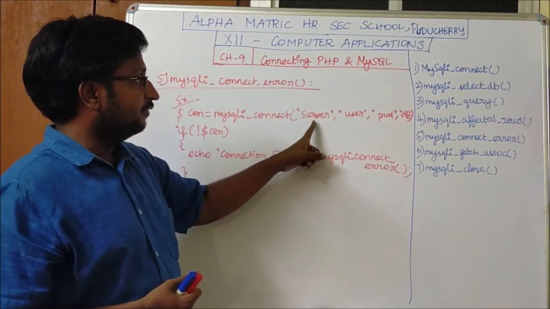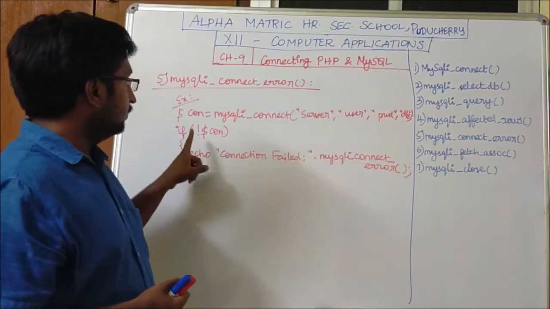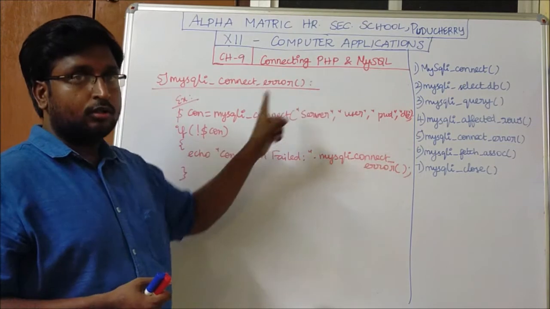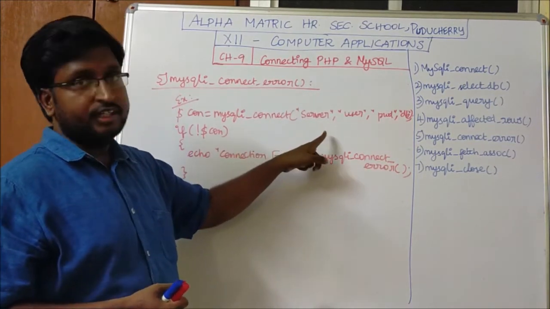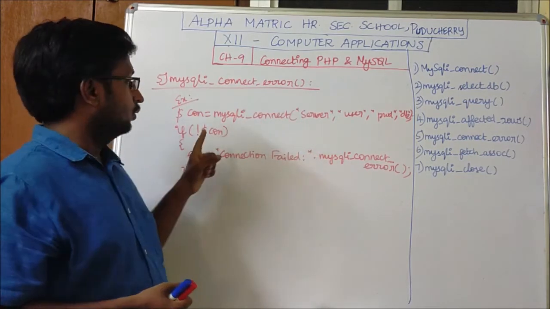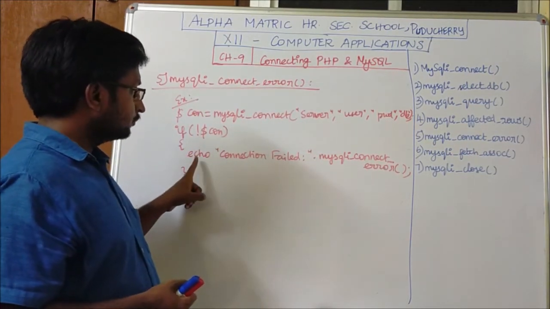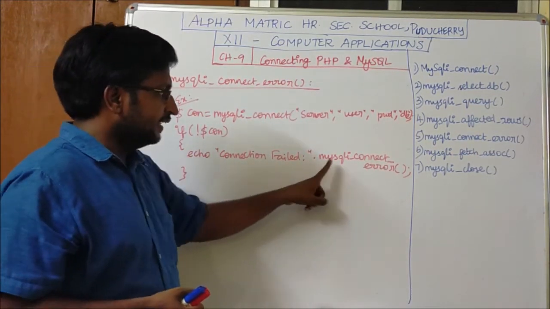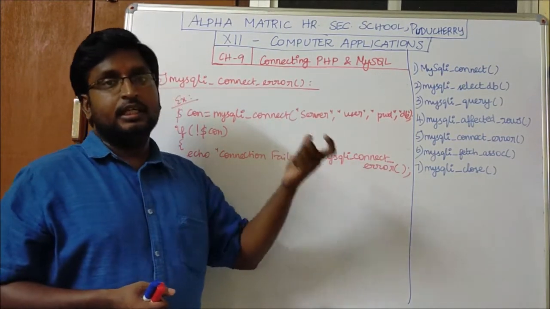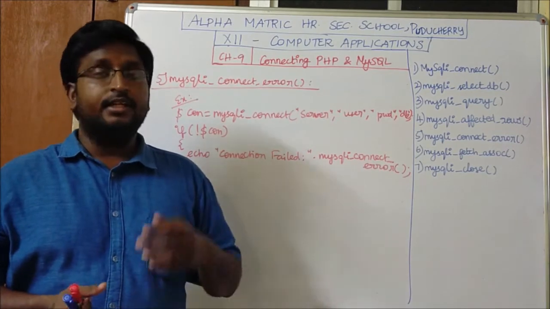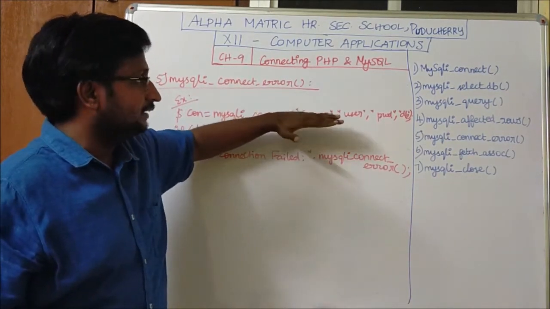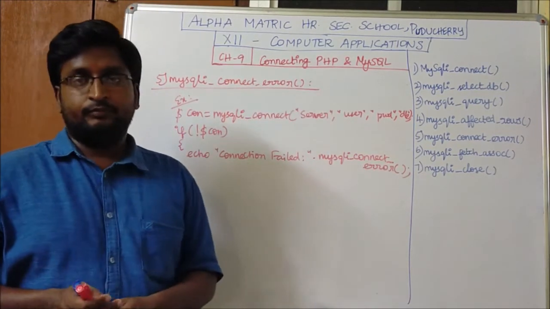In case we have given the server, user, password and DB, we will be checking in the if condition whether there is any problem in the connection. In case the server name mismatches, the connection will not be established. So if the connection failed, it returns the MySQL connect underscore error, which means it returns server name mismatch. Like that, it has some error description of the last connection error that occurred.